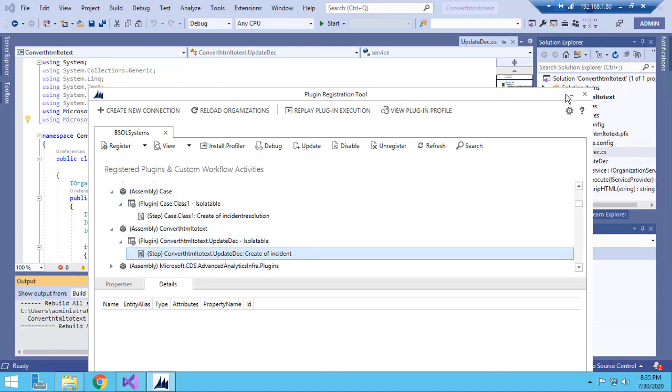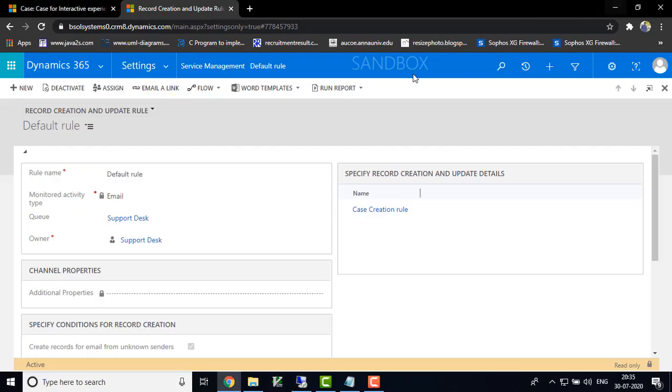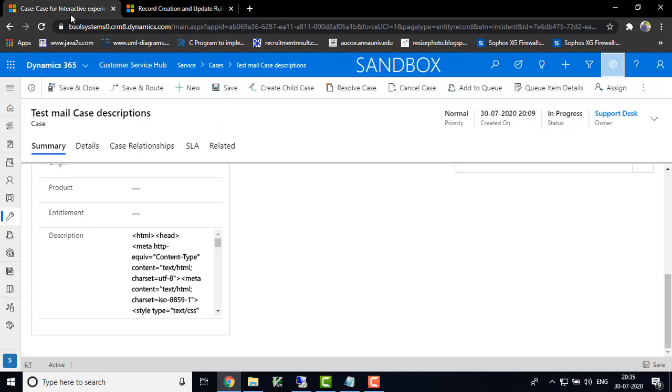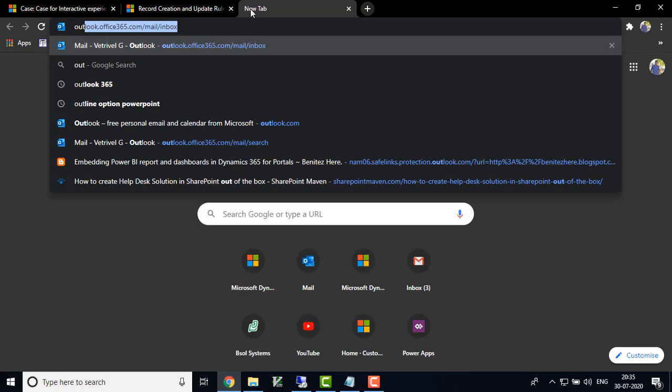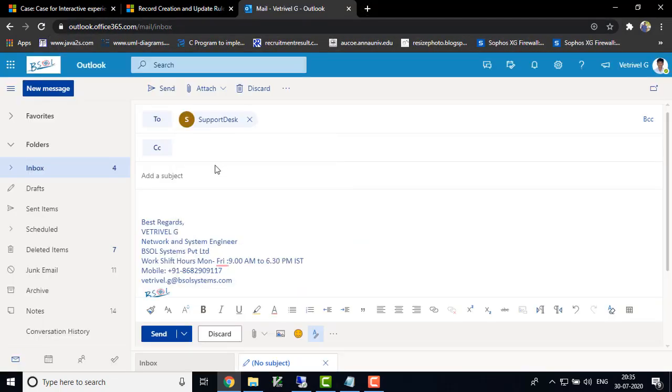Now we are going to test our case description field in our instance. I am going to send one mail to my queue. My queue mail ID is support desk.